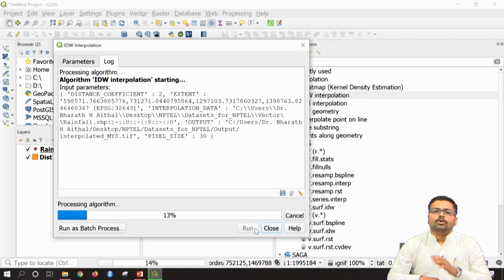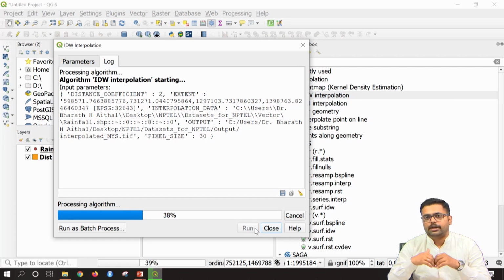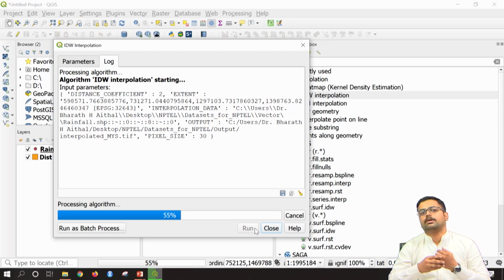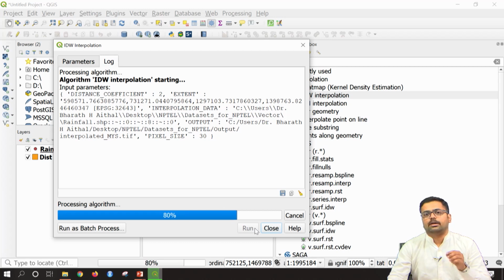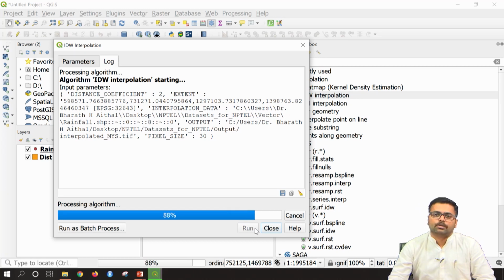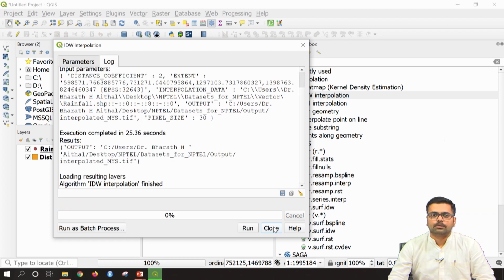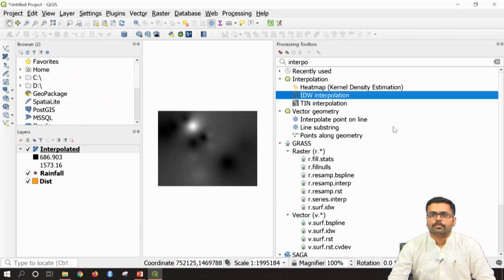Now, once this algorithm is completed, we can see the point data has been transformed into a raster, the vector has been transformed into a raster map with all the values. Wherever you need to see values, you can just zoom in and query that particular cell. I will close this tab. So, this is our interpolated map.